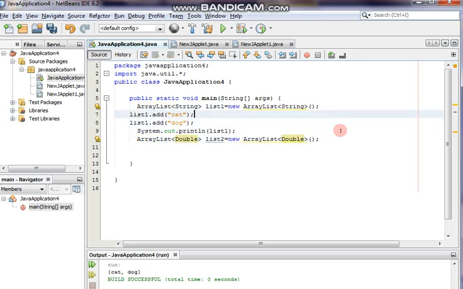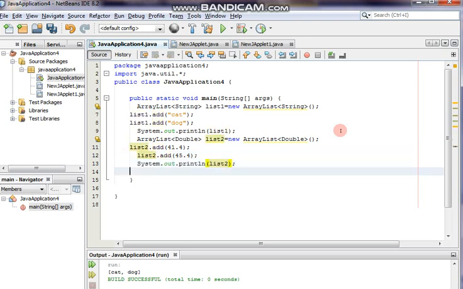So now let's do it for list 2. Let's copy this and paste here. Make here list 2. And the float value we need to give, so 45.4 we can give. Fine, understood students? So that also I can print. So list 1 and list 2, two lists we are having, and one list is holding the string and the other list is holding the fraction value, that is the float value.